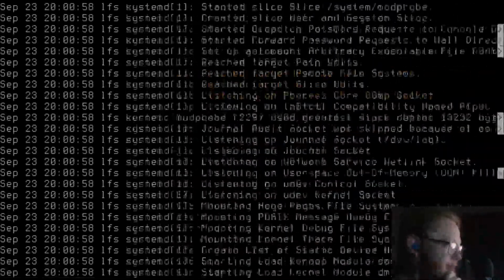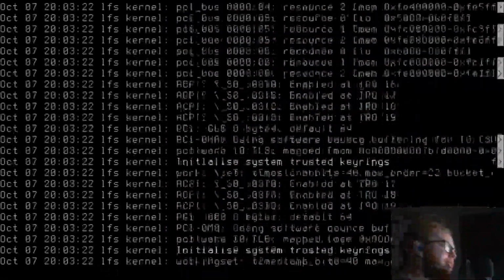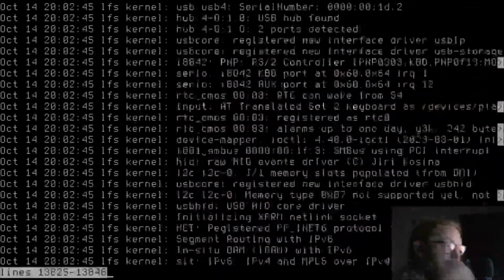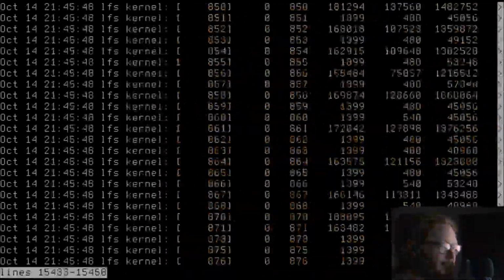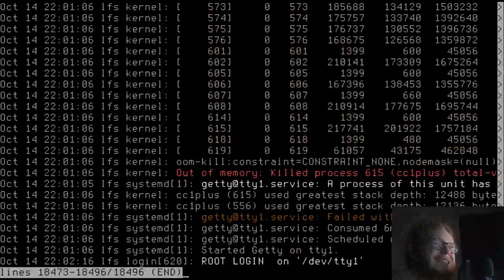You know, I might have to. Considering that the out of memory killer is disabled, why does it keep triggering? Why?